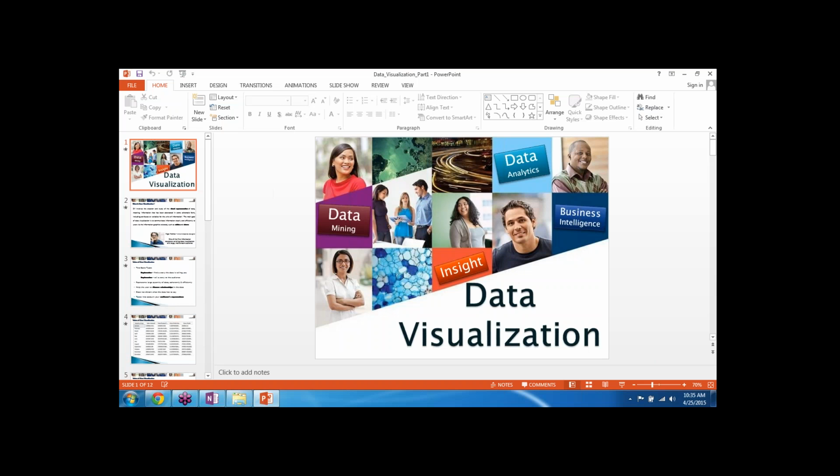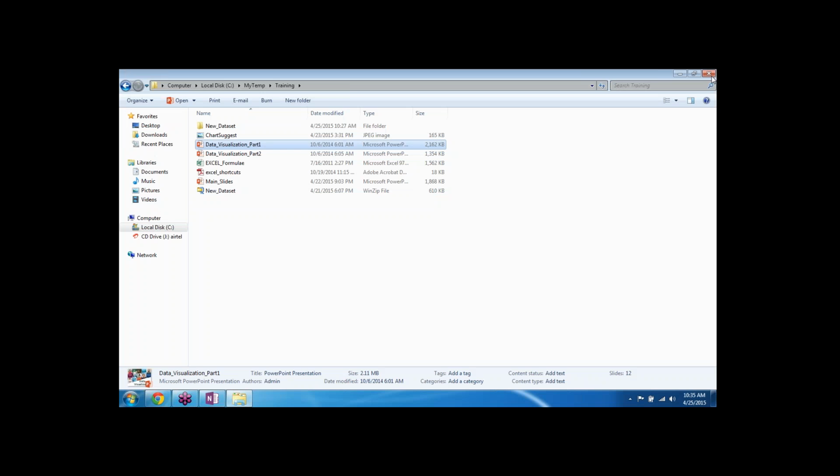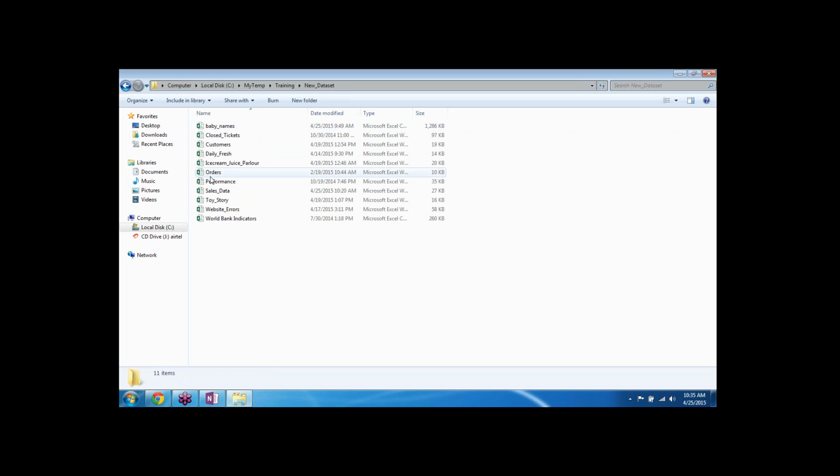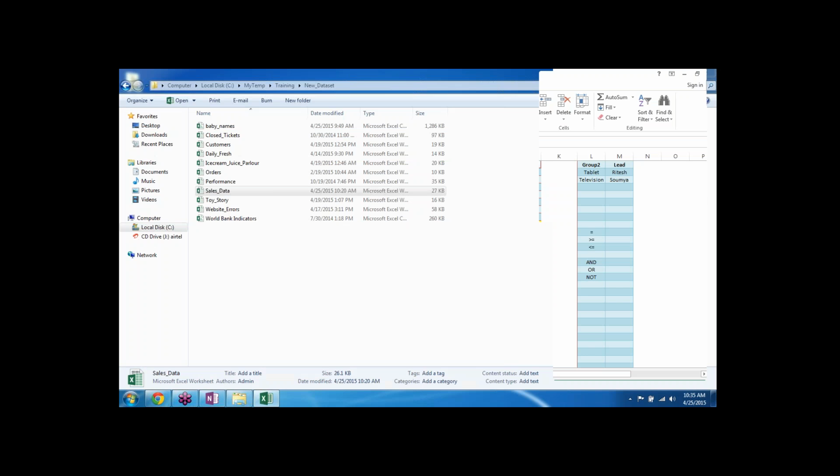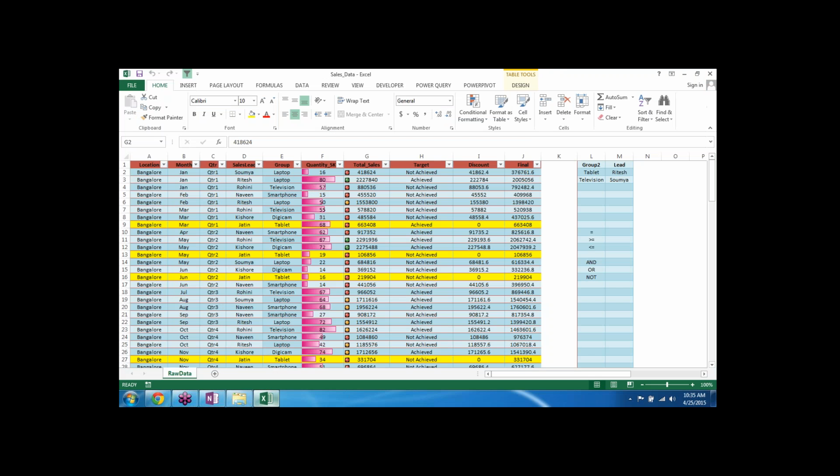We now move on to actual data. This was just a glimpse of what I wanted to show you for the next set of demonstrations. We go back to our sales data and see that this particular data has something to show us. So to show this particular data, what we do, we first of all make a pivot out of data.